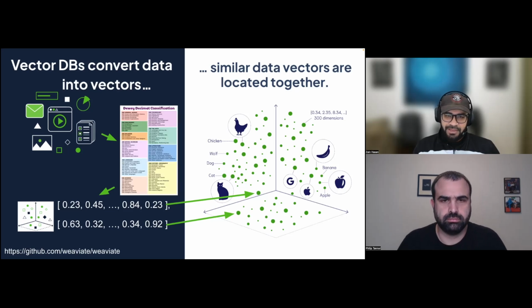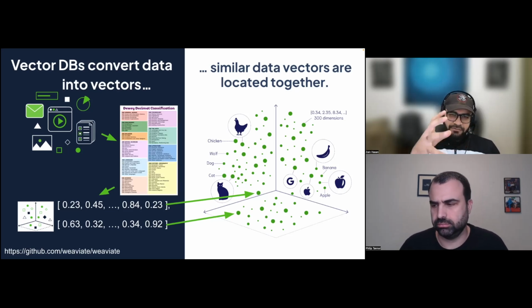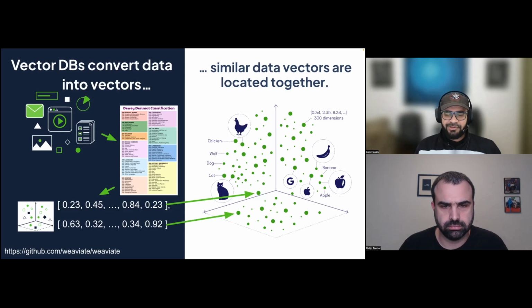And so really what's happening is you can almost think of this as a big library where you pass in your data, it gets classified. If you think of a Dewey Decimal System in a library, it tells you where to put the books, right? If you have a book on philosophy, that's going to be located in a particular section of the library. If you have a book on the arts or engineering, that's going to be in a totally different location. So depending on the concept of the data, it's going to be located at a different location within your vector